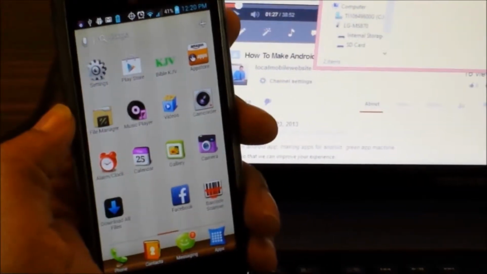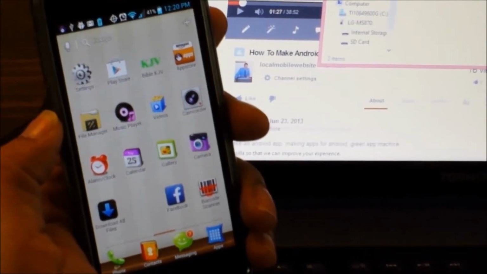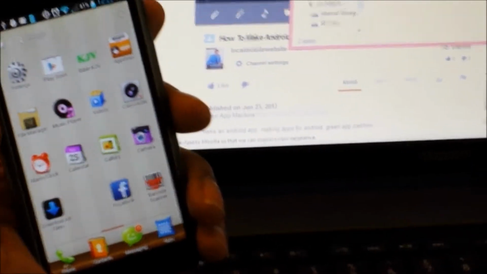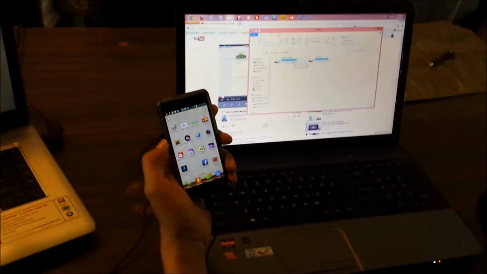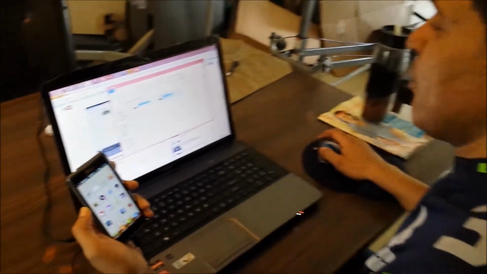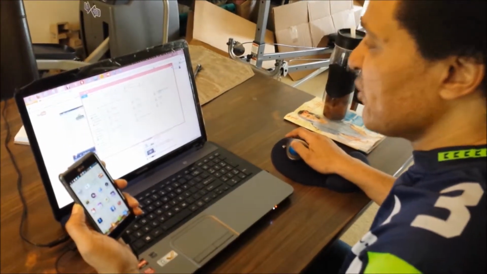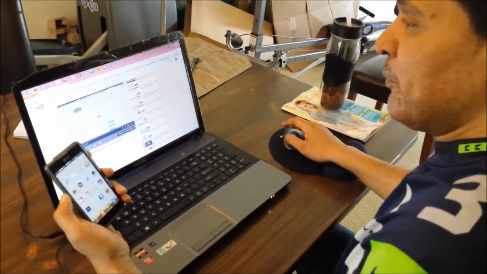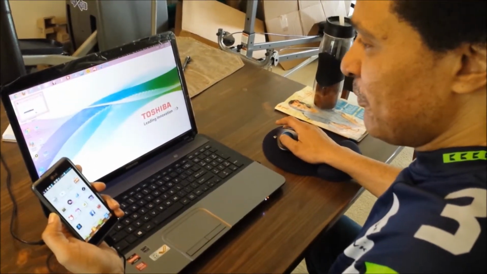you're going to have your phone contents, which is your internal and your external. Now, we're going to put this APK file on our SD card. If you don't have an SD card, you might have to put it on your internal phone storage. But anyway, you'll actually see that in the video. But what we're going to do